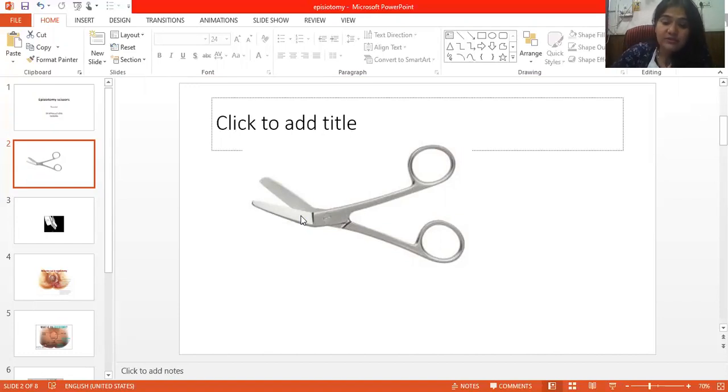So I think I was clear about this tutorial on episiotomy scissors and episiotomy. The viva can go even to the stages of labor. What are the stages of labor? In which stage of labor are you going to use episiotomy? In which phase of the second stage of labor are you going to use episiotomy? All those questions